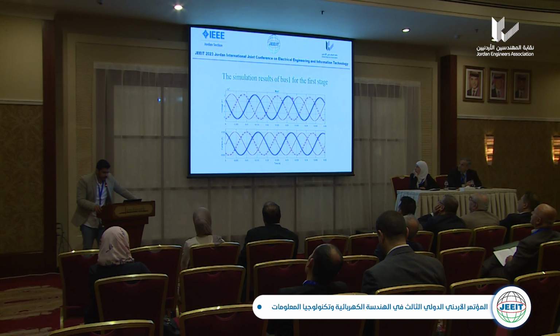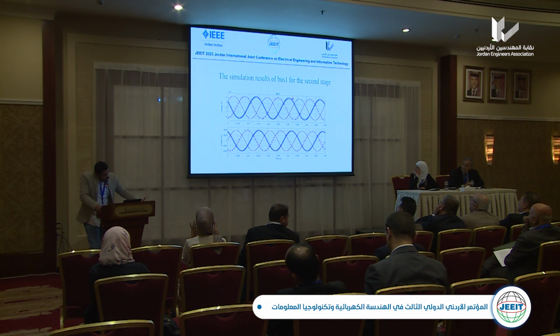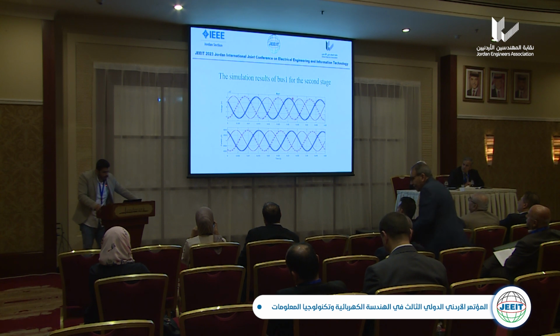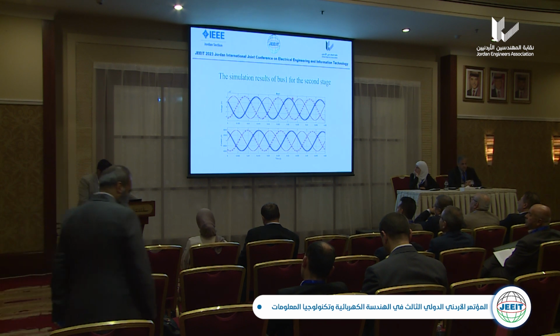This is some of the results of testing the built IEEE 9-bus system, and this is the voltage and current signals for bus 1 at the first stage. The first stage is the programmable voltage source stage. We use a programmable voltage source instead of the real synchronous generator as a first stage of testing the system. This is the second stage of the same bus 1, where the voltage and the current are shown on the screen, and we obtain this result by replacing the programmable voltage source with a real three-phase synchronous generator.